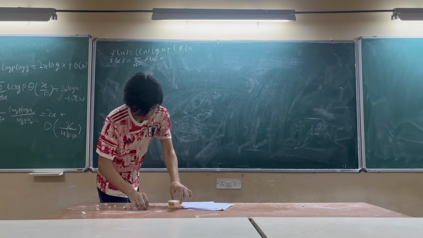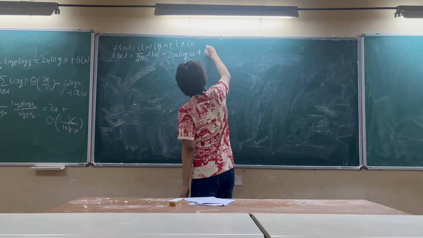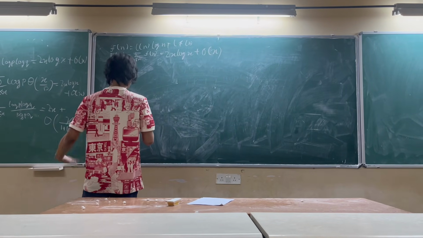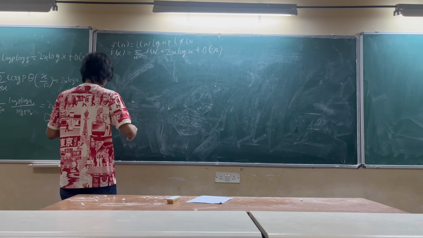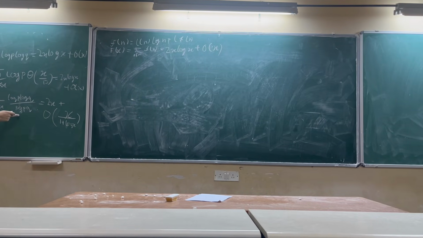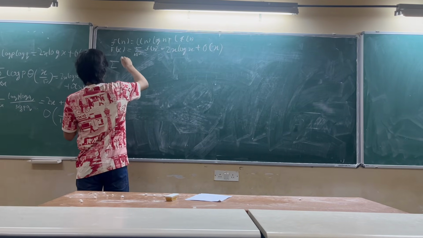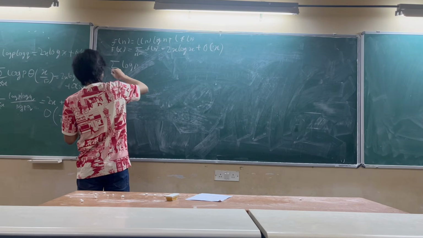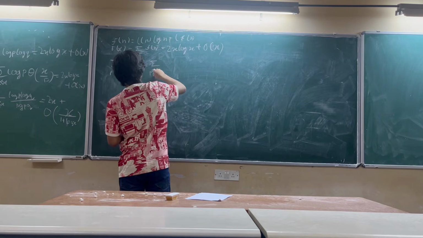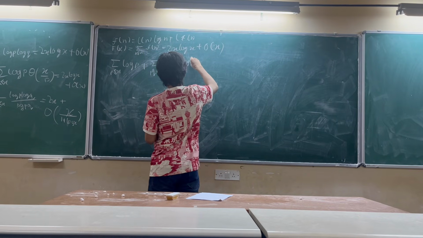This thing would be 2x log x plus something of the order of x. Next, let's say we want to link with this thing now. So to link with this, we have to look at the summation of log p, p less than or equal to x, plus the summation over p less than or equal to x of log p times log q